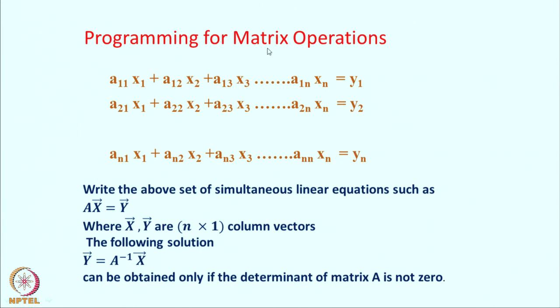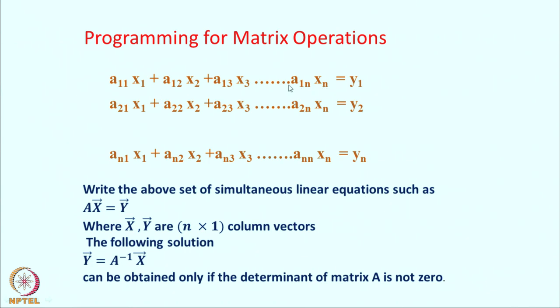I will be considering all the operations on matrices. Now let us ask this question, how do these matrices arise? These matrix operations arise the first time when we study linear simultaneous equations. Suppose I have variables x 1, x 2, x 3 up to x n. I have these n variables x 1 to x n, and I want to get the solutions to such equations. The first equation is a 1 1 x 1, a 1 2 x 2, a 1 3 x 3 up to a 1 n x n.